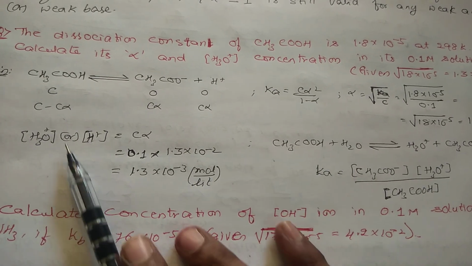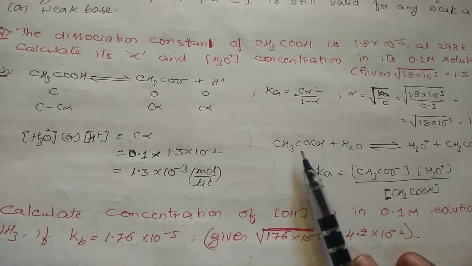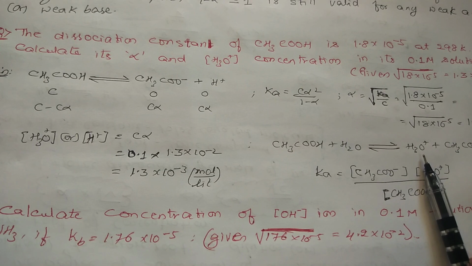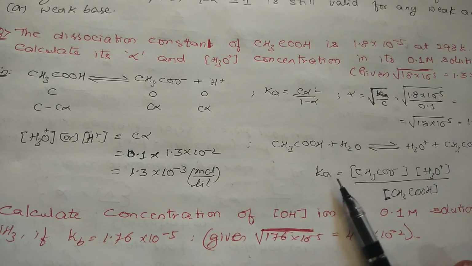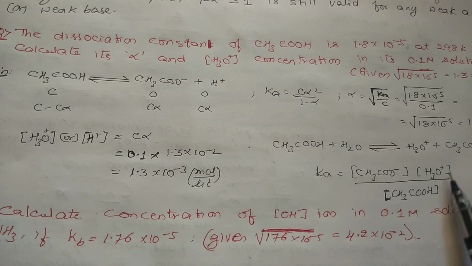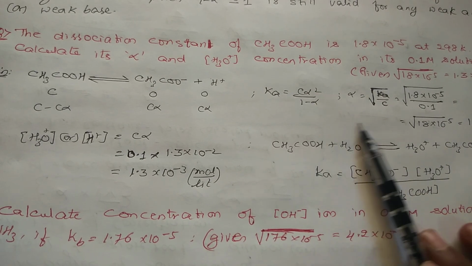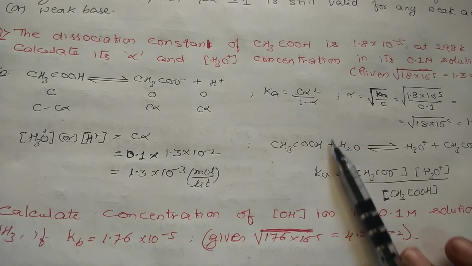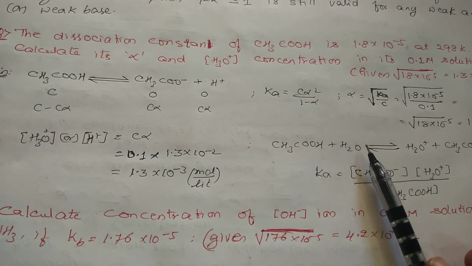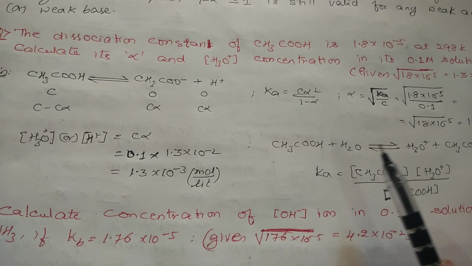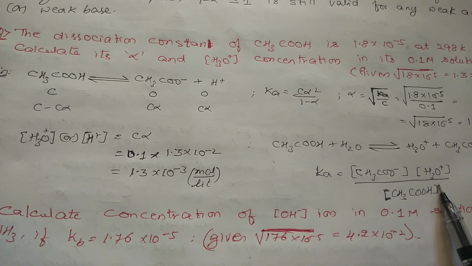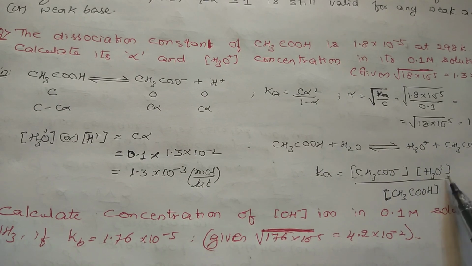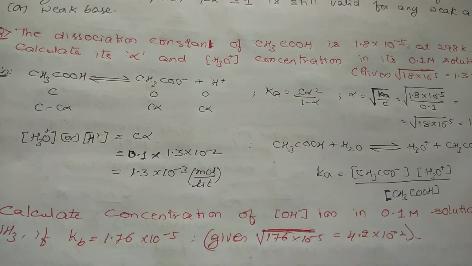See, don't get confused, H3O plus or H plus. So acetic acid, you are taking in a container with water. It gets converted into H3O plus plus CH3COO minus. So the equilibrium constant Ka will be equal to CH3COO minus times H3O plus by acetic acid. We will not take water because it is acting in an aqueous condition. This is the reference point. We will not take this into consideration. Already if you are good at equilibrium, then you know that. Already I have mentioned the exceptions, right? What will not be taken into this content, this will be the condition. So what does H3O plus indicate? If you remove H2O here, you will be having H plus. So H3O plus is nothing but H plus only.